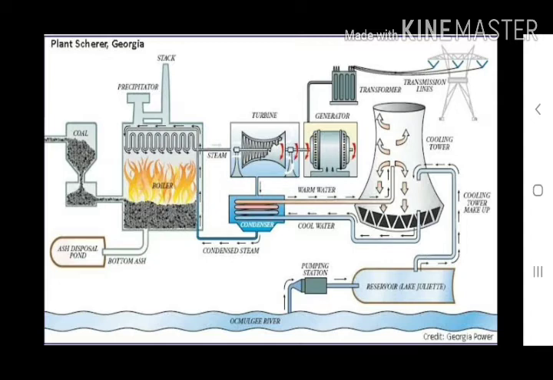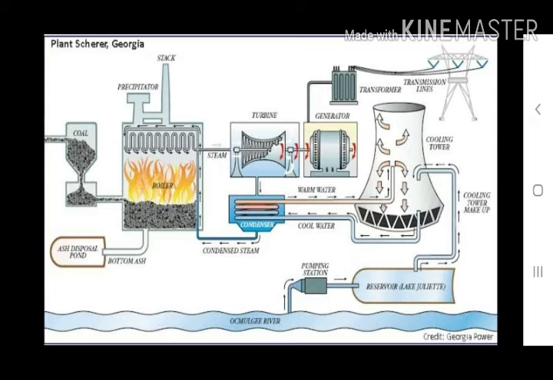So why we are using the condenser, we will discuss. When the hot steam which is produced from the boiler hits the turbine blades, the turbine blades are rotating, but 100% steam is not utilized to rotate the turbine blades. Some steam is leaked. So this leaked steam is collected with the help of the condenser, and this leaked steam is converted into warm water, and this warm water is again utilized. So this warm water is coming to the cooling tower, and it will mix with the cool water. So warm water again becomes cool.